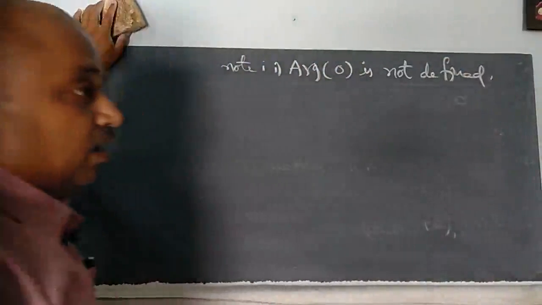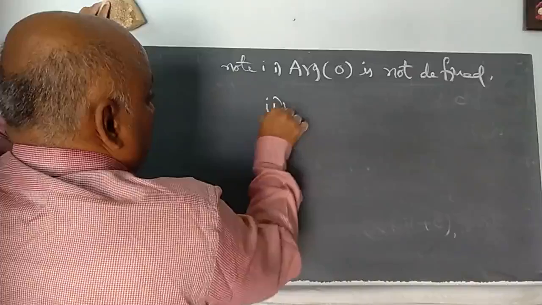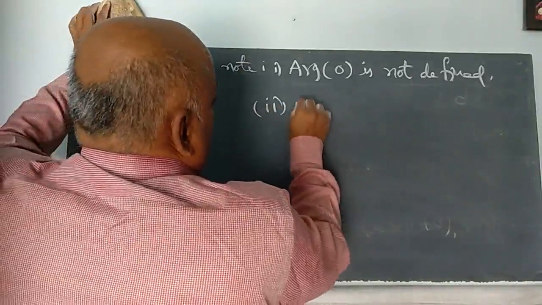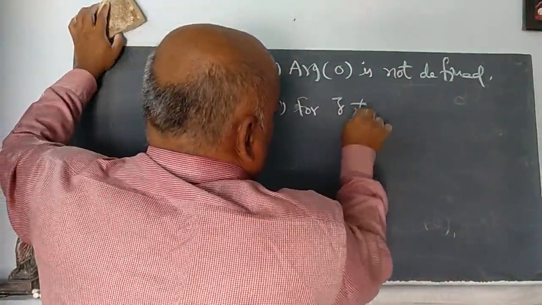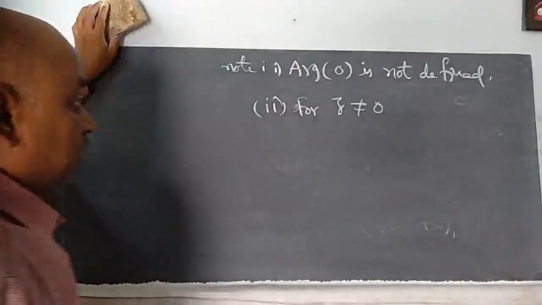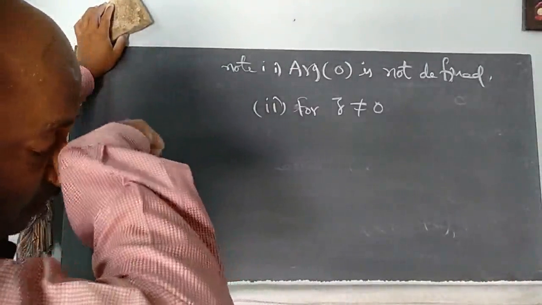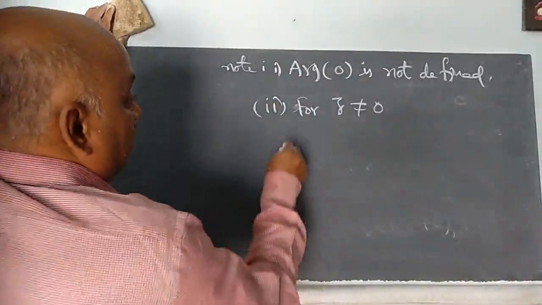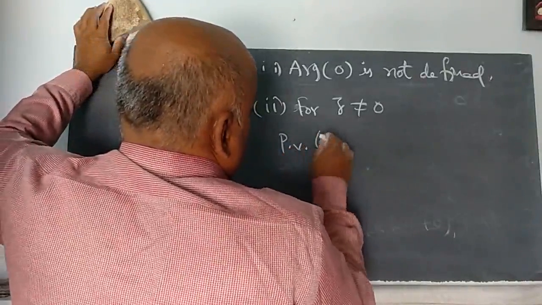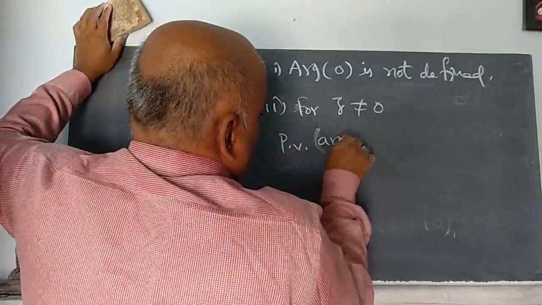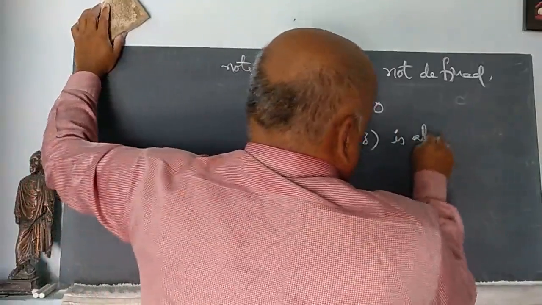Second: for z not equal to 0, that means a non-zero complex number, the principal value of argument of z is always unique,